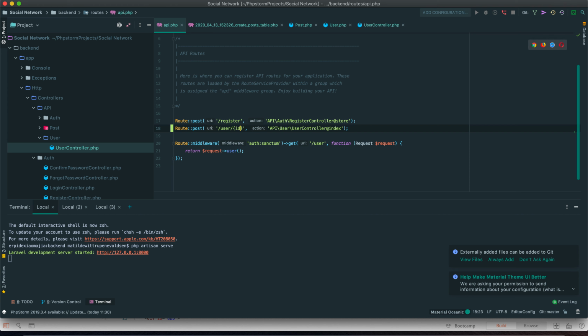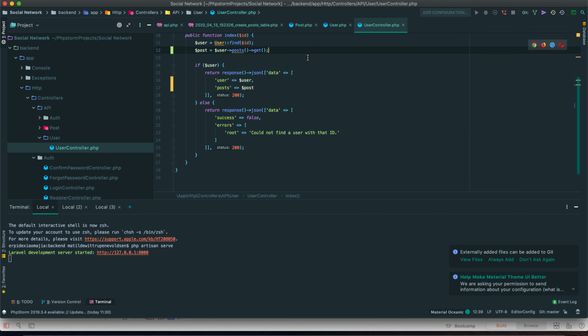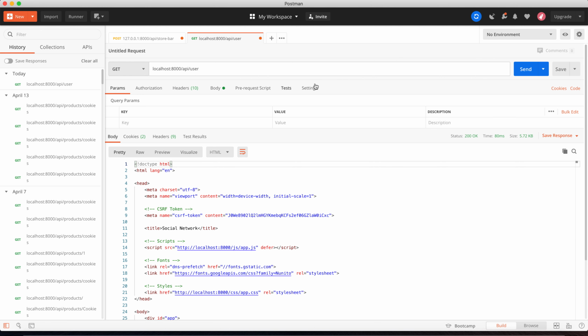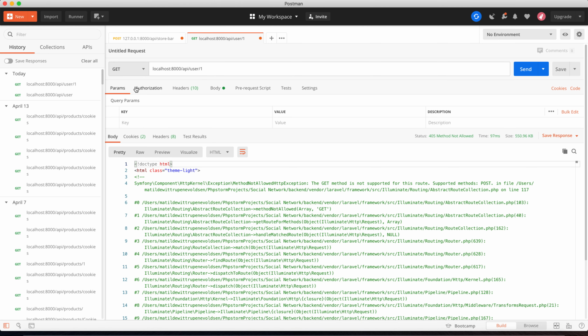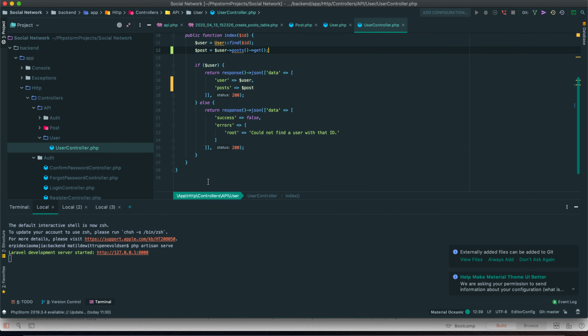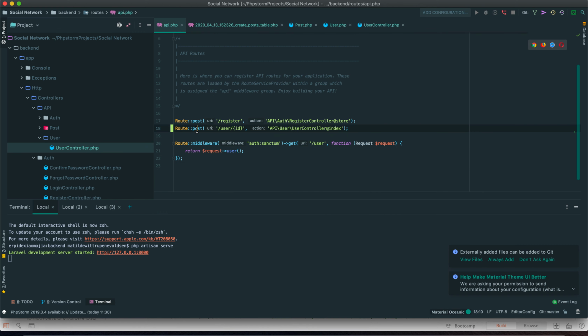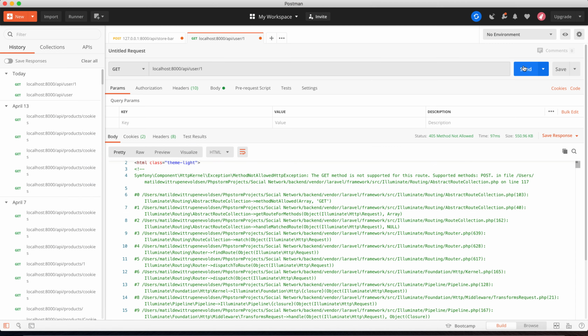Let's just put it in here and check that we are retrieving it from there. Perfect. And then we're gonna put in 1. And obviously also we want to make this a get function. So by going inside Postman now,